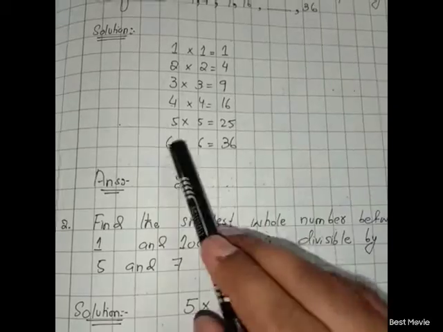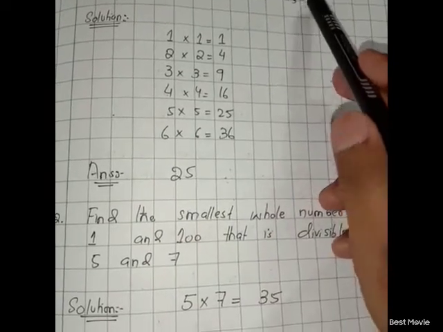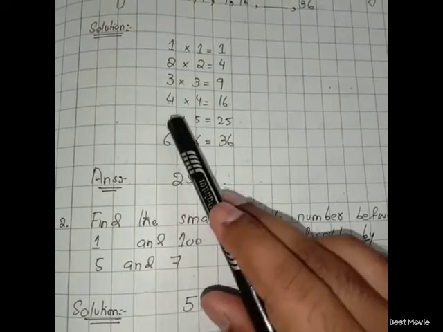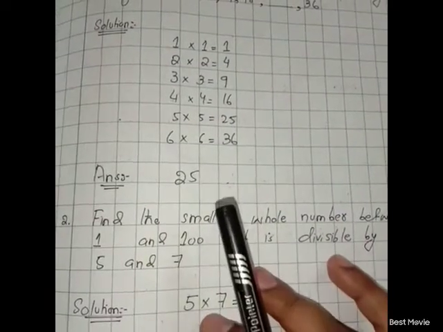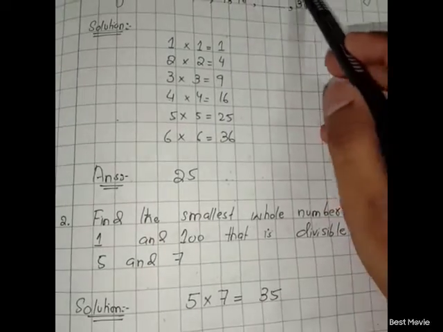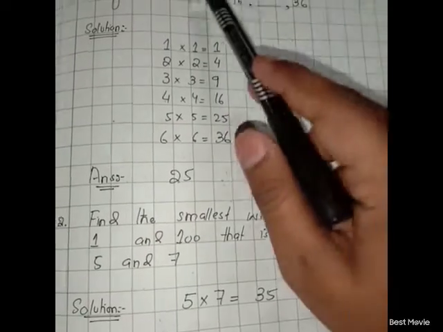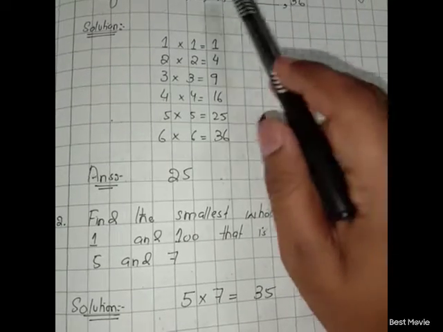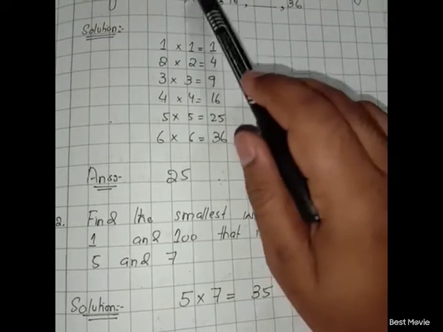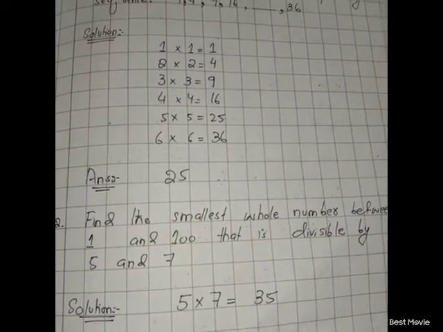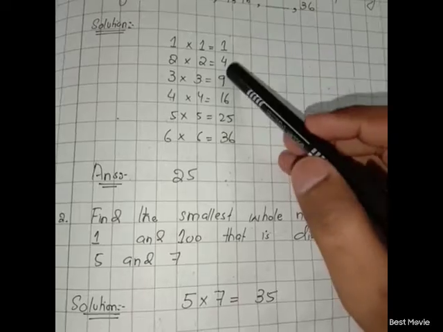And then the last is 6 multiplied by 6, that is already 36, that is written here, but we have to find this digit, that will be 5 multiplied by 5, 25. So in this way we have to find the missing number in the sequence. We have to carefully look at all the numbers in the sequence. Then we have to see which condition has been applied there, and accordingly we have to write the number.